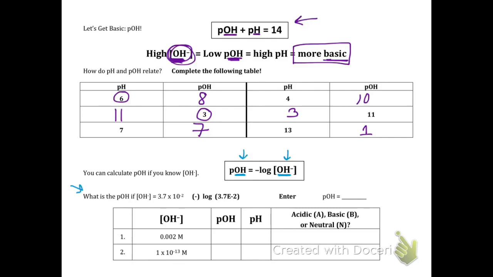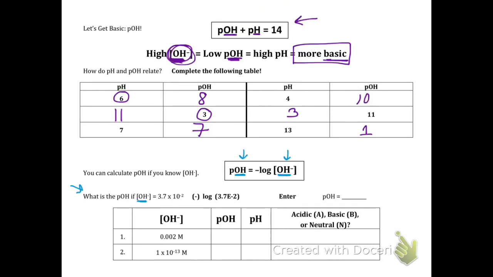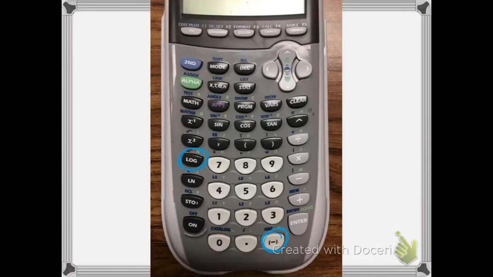It says, what is the pOH if the hydroxide concentration, remember it's in brackets, is equal to 3.7 times 10 to the negative 2? Okay, you're going to do the same thing that you did earlier, so you have to use the equation negative log of the hydroxide concentration. So you are going to do negative right here, and you're going to press log, and then you are going to do the concentration. So 3.7 times 10 to the negative 2. So then you're going to press the